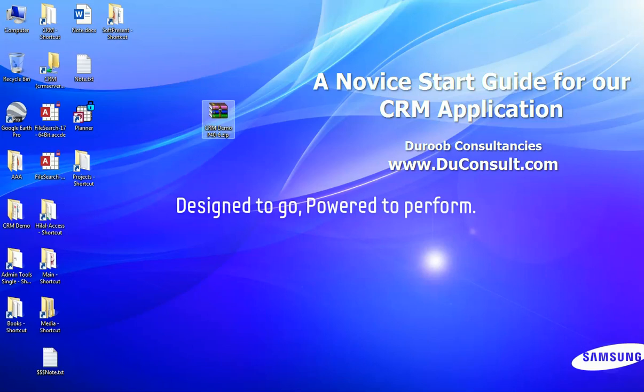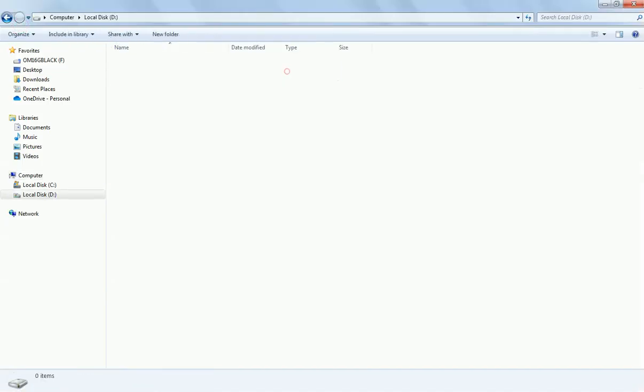This is the demo application. It is in compressed format, and it is preferable not to decompress the file on the desktop, but rather in a folder inside one of the directories. And we already have decompressed the file here. We have two types of this application, 32-bit and 64-bit, and we are going to use the 64-bit. This is the 64-bit,